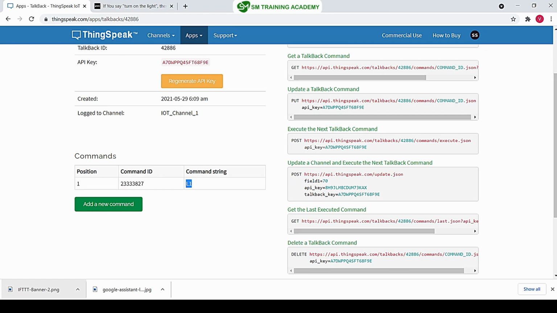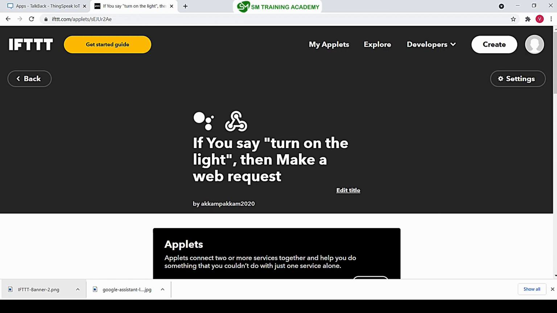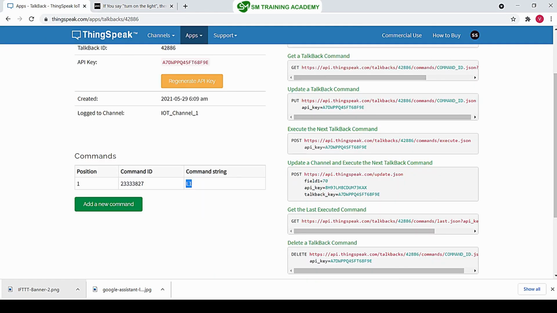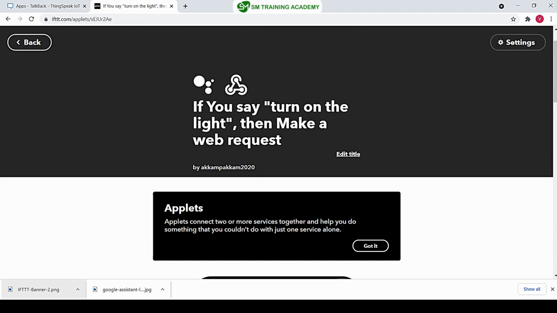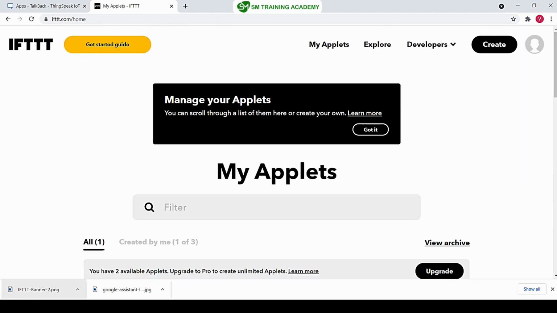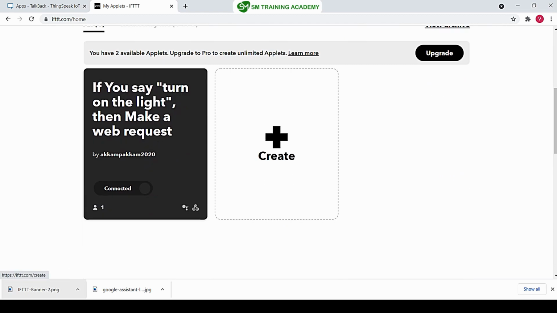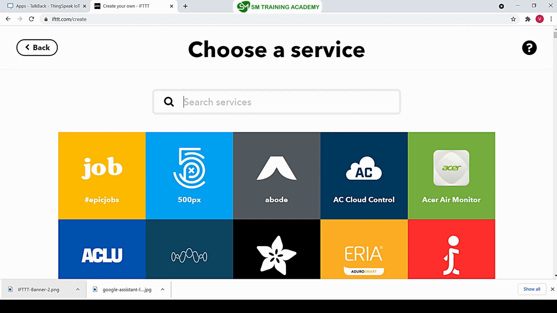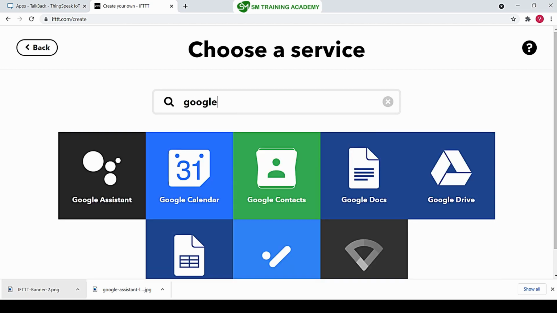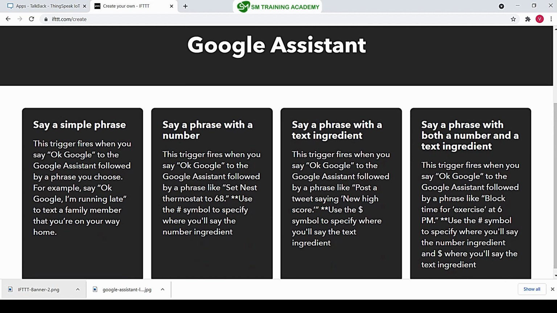233333827 to be L1. So nextly, as I said, we are just going to create two applets in this IFTTT, one for turning on and one for turning off. That is one for updating the command L1 and one for updating the command L2, that is for turning off the LED. So we have successfully created first one. So I'm just going to the second one for creating the applet for turning off the LED. Just click on this create, and here click on this add, and now also just search for Google Assistant, and similarly click on this say